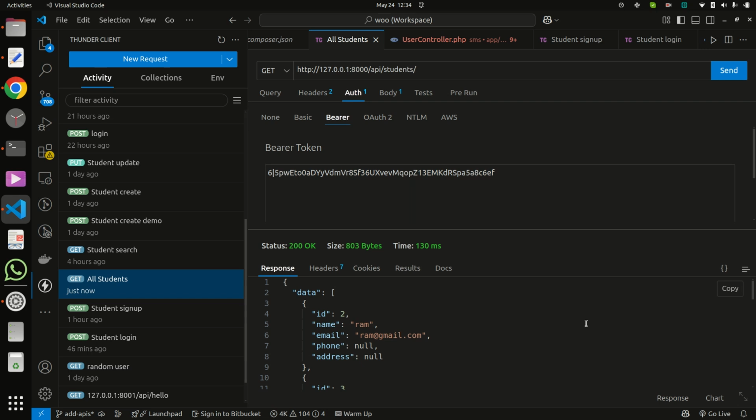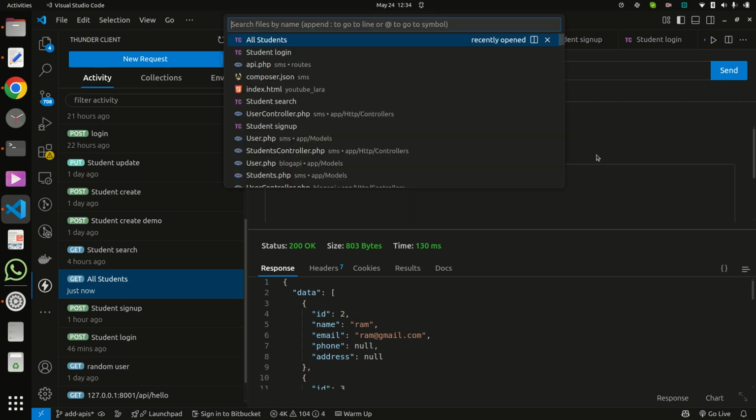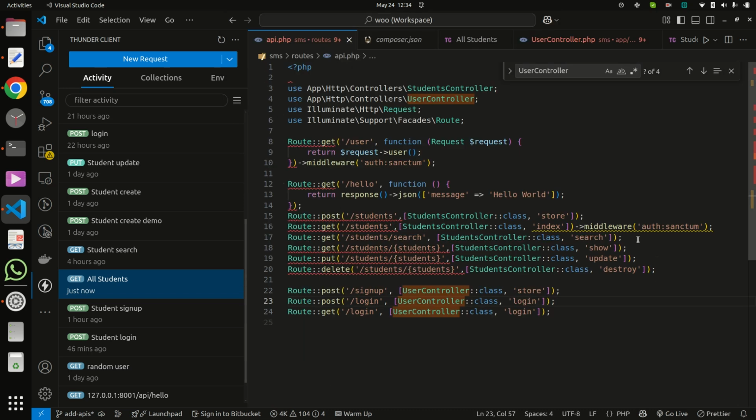So Laravel Sanctum is very easy, and now I have added the middleware in one place. If you want to add this middleware to many routes, then you can add it via a group.